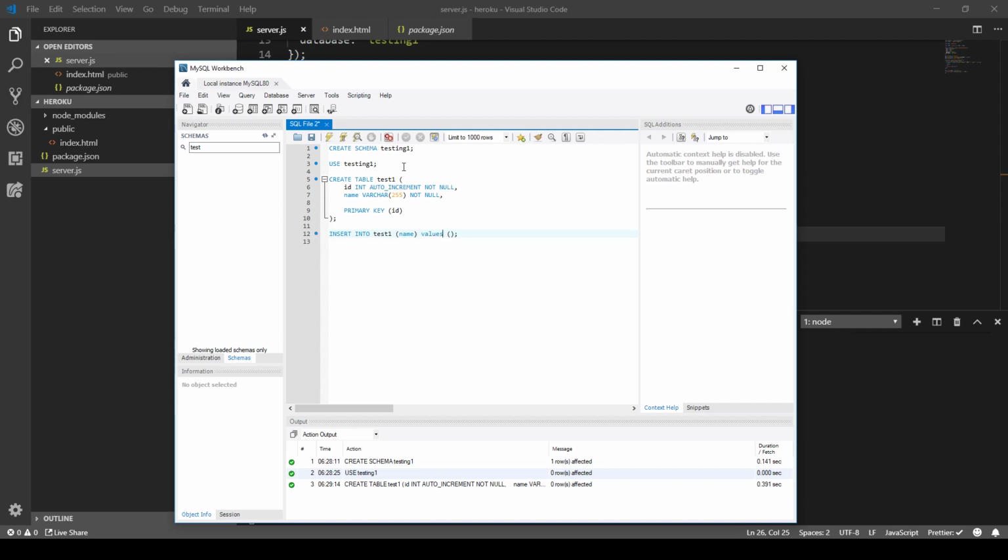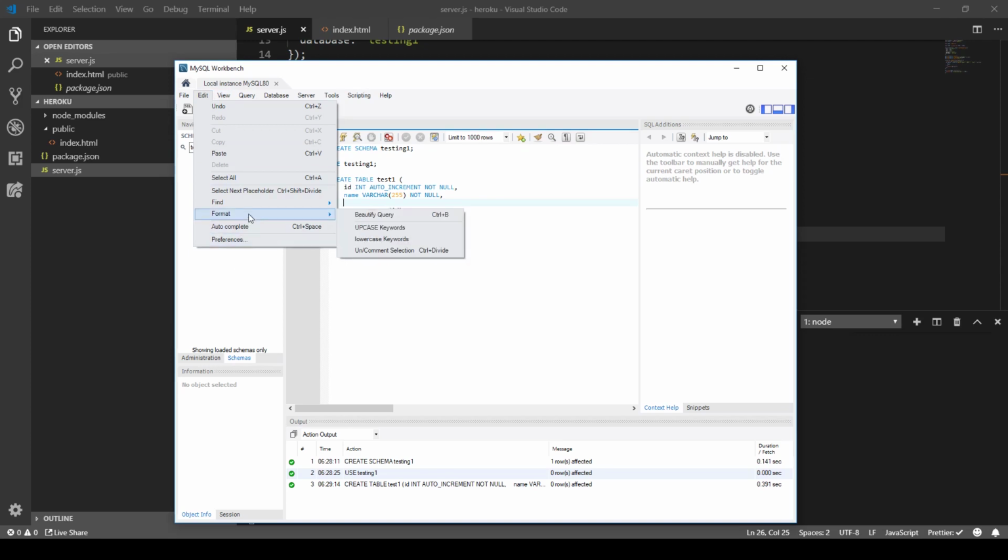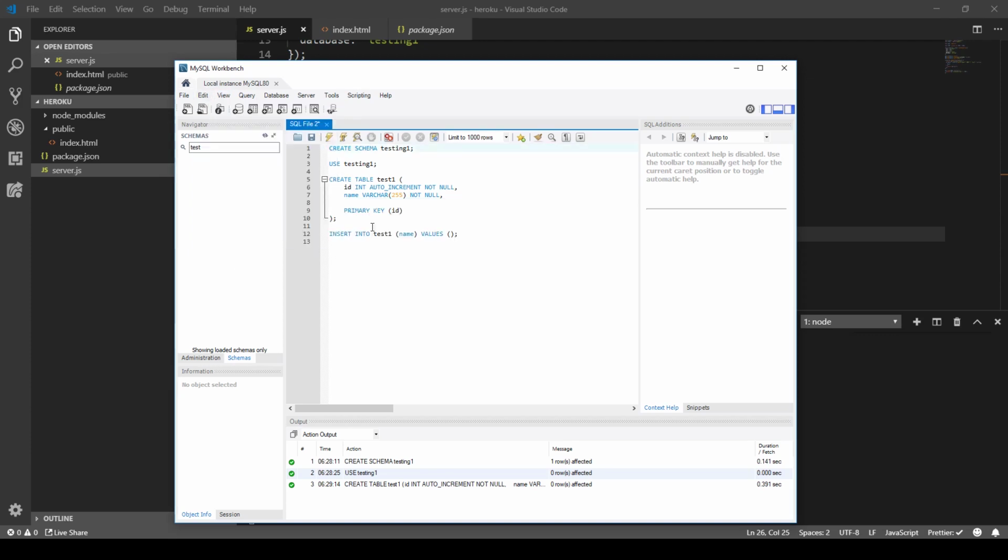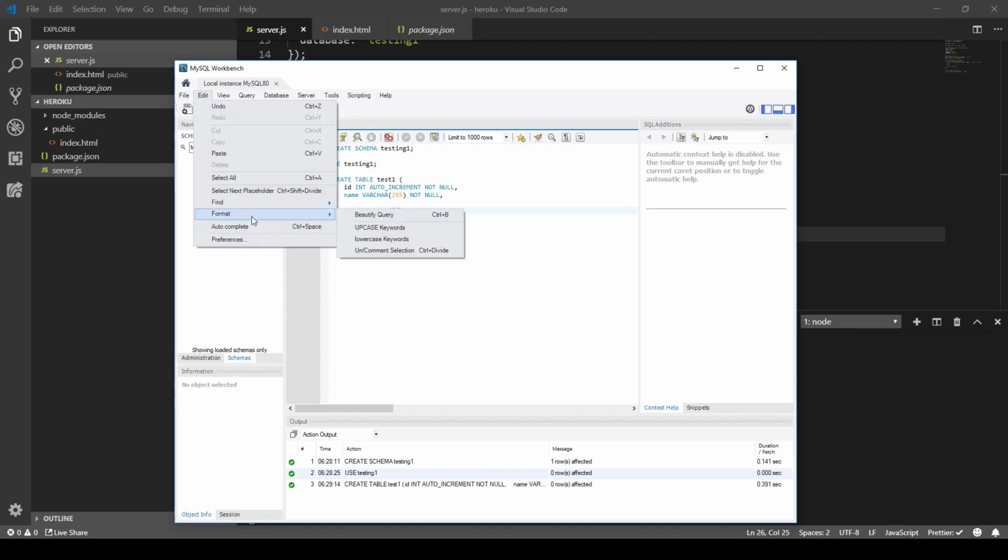So one way to do that is you can just highlight all your code. You might even not need to highlight it, and go to edit, format, and uppercase keywords. And yeah, you don't need to highlight, it just does it for the whole file if you don't highlight. Maybe it does it for what you highlight otherwise, I'm not sure. If you do beautify, there's some options. It's supposed to work properly with that as well, but doesn't seem to work for me too well. But anyways,